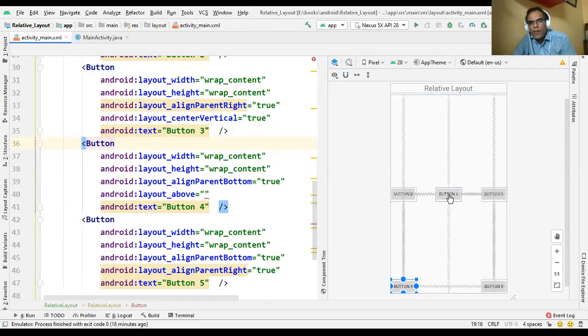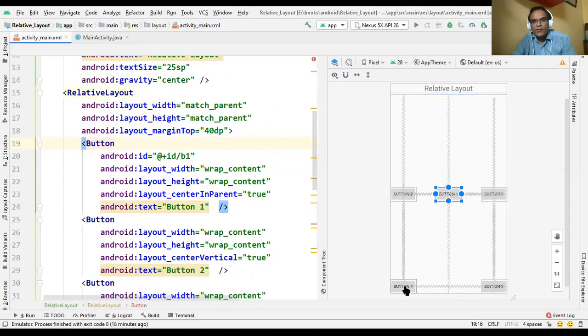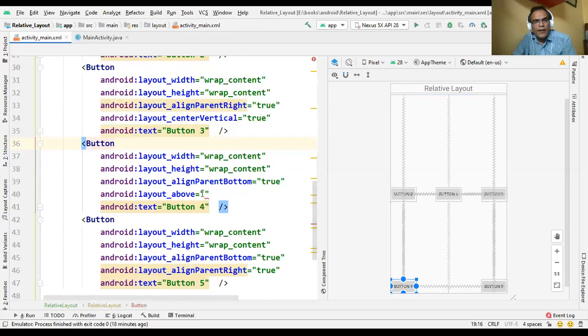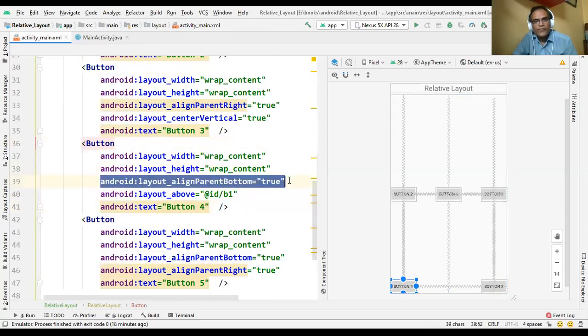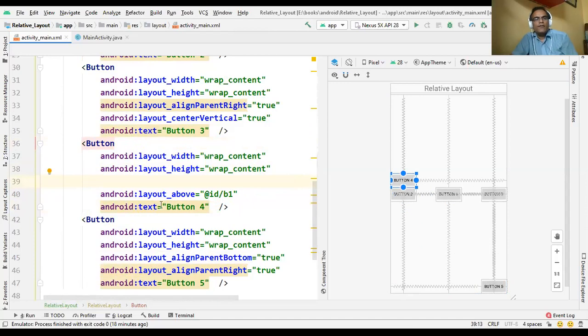Okay. So now we want to place button 4 above button 1. You can see here button 4 and here we have to give the ID. So now we give ID B1. So button 4, and if we give the ID of B1, we have to remove this property first and then we write this property or attribute, layout above of button 1.